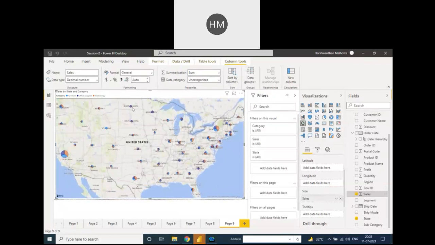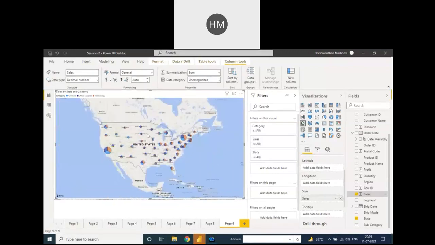Like in North Korea there is only office supplies, but in Montana we have technology as well as office supplies. In this area like Vernon, there is only the furniture category. And in this area there is New York under technology. So this one is a map with a pie chart.